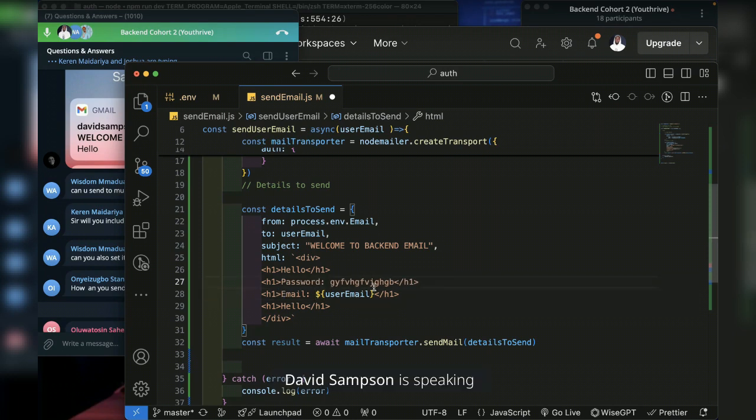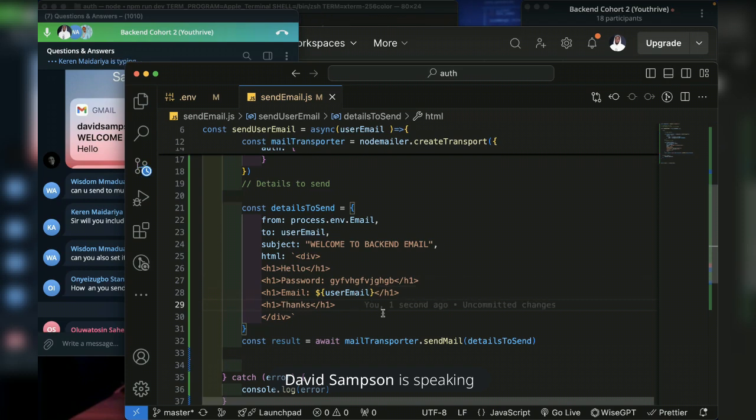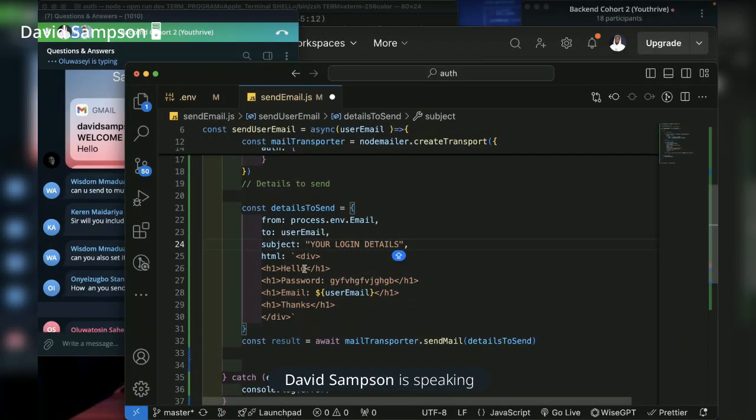Your password is going to be this. So this is going to say thanks, and save it. This will be your login details. Hello, user, password, email, and this. So if I save this,